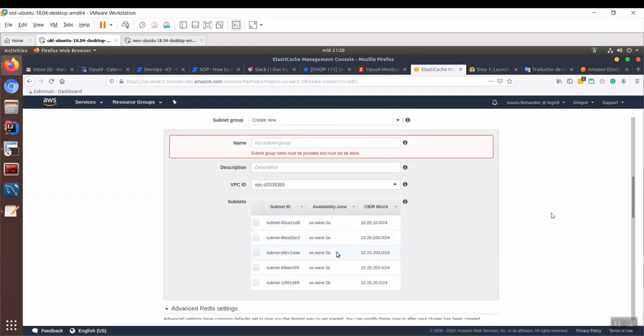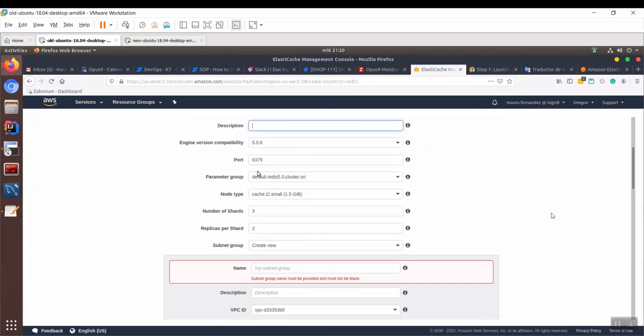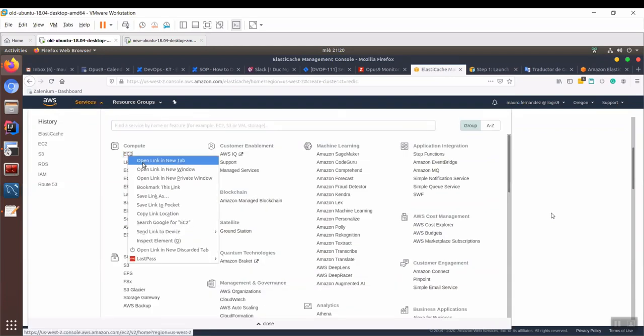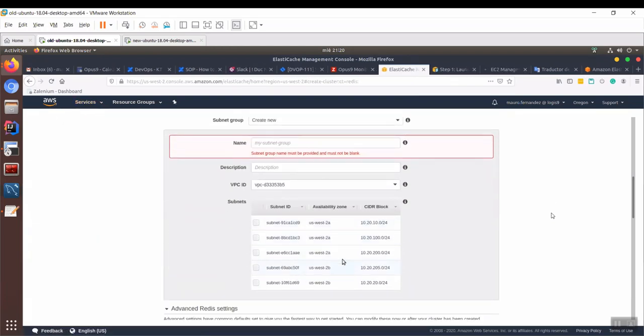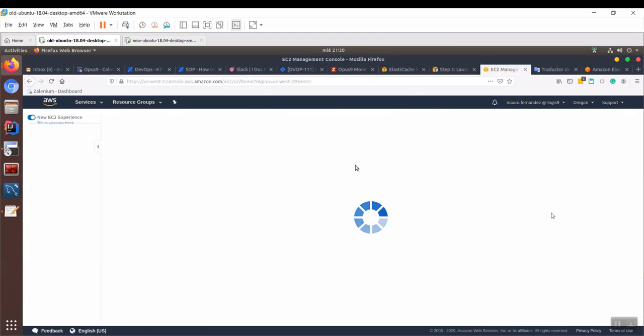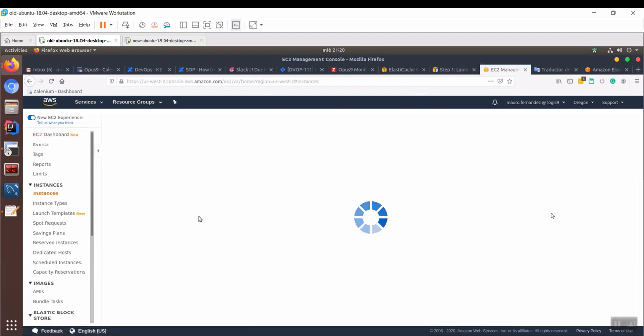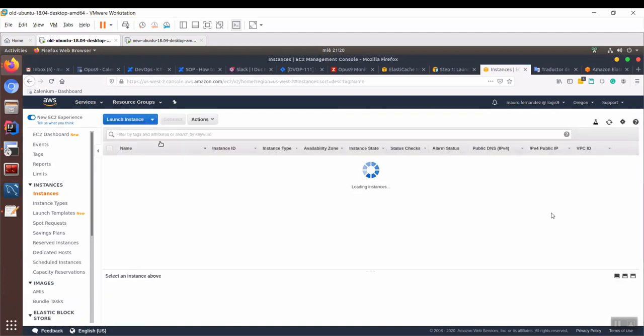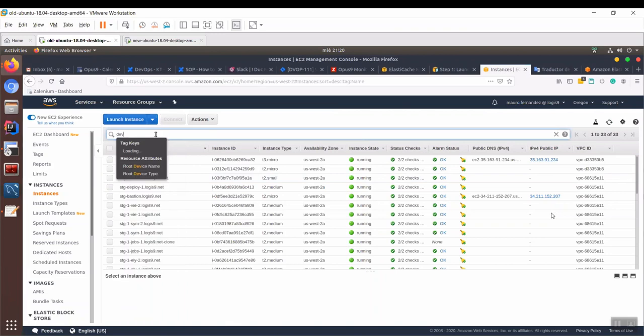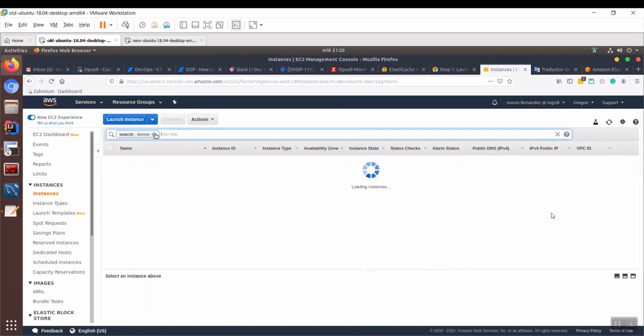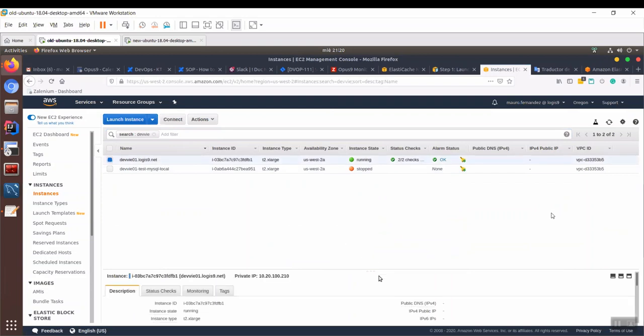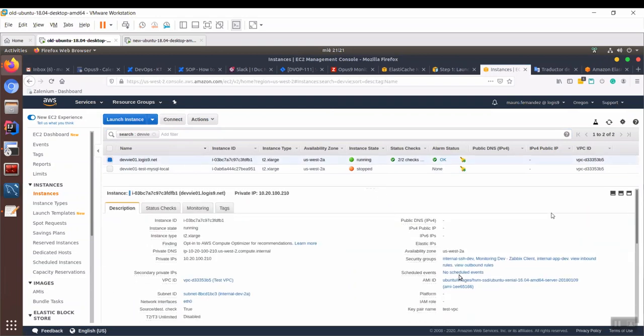For the subnet, I don't know. You must select, I can't remember exactly which one, but if we want to communicate with Vienna, for example, you must select the same subnet where Vienna is located. For example, if we want to do Dev Vienna, Vienna is in the VPC.